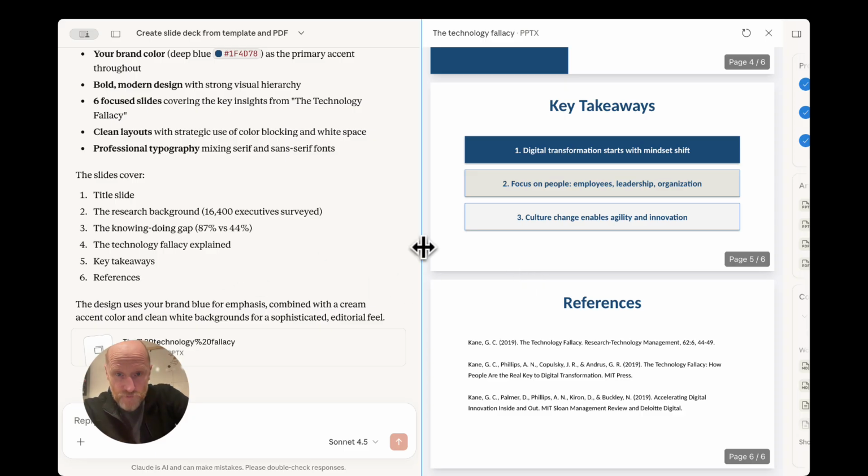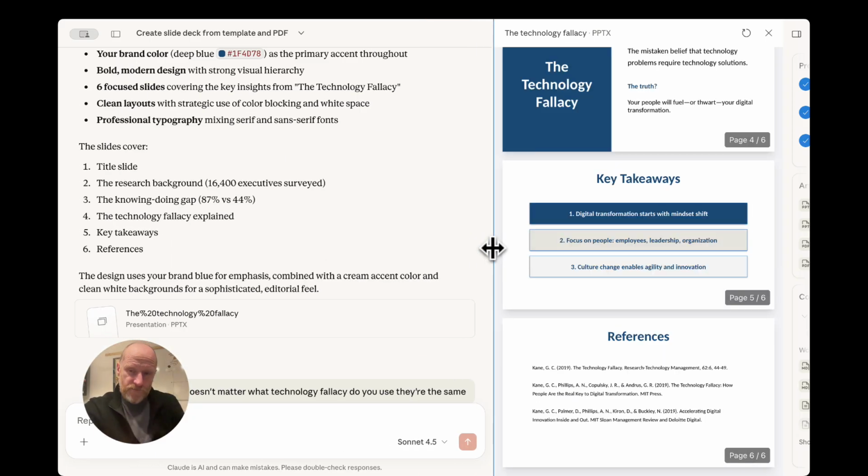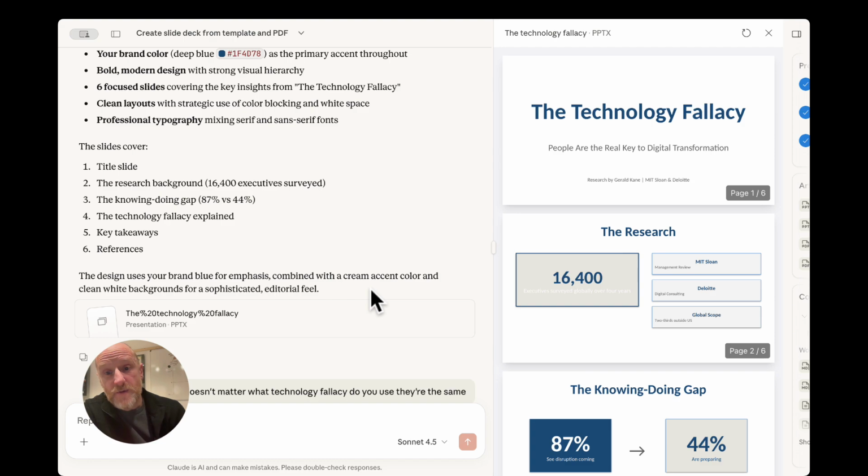But what I found works well is if you give Claude a POTX file, that's a template file, it can work better with that. And if you are explicit about the rules, so what text elements have you got on a page, on a slide? Maybe you have the title, the subtitle, and the body. So that's element 1, 2, and 3 on the page. And if you're explicit with Claude about what to put in element 1, 2, and 3, it will follow those